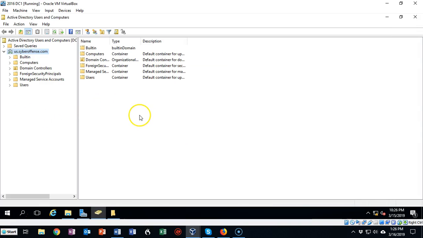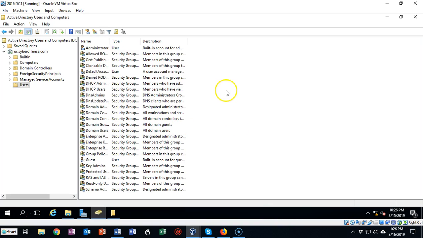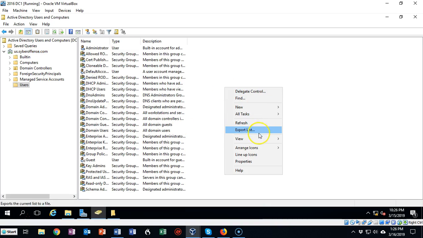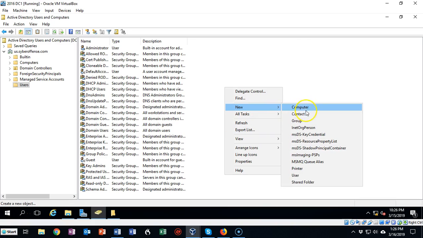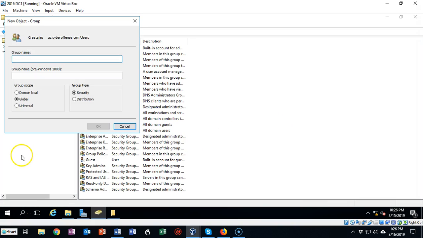So I'm back up inside of my Active Directory, users and computers. I'm going to go over here to the users container. I can right click anywhere inside of this window pane and I can go to new and I can select group. I'll give my new group a name, and down here underneath the group scope you have domain local, global,